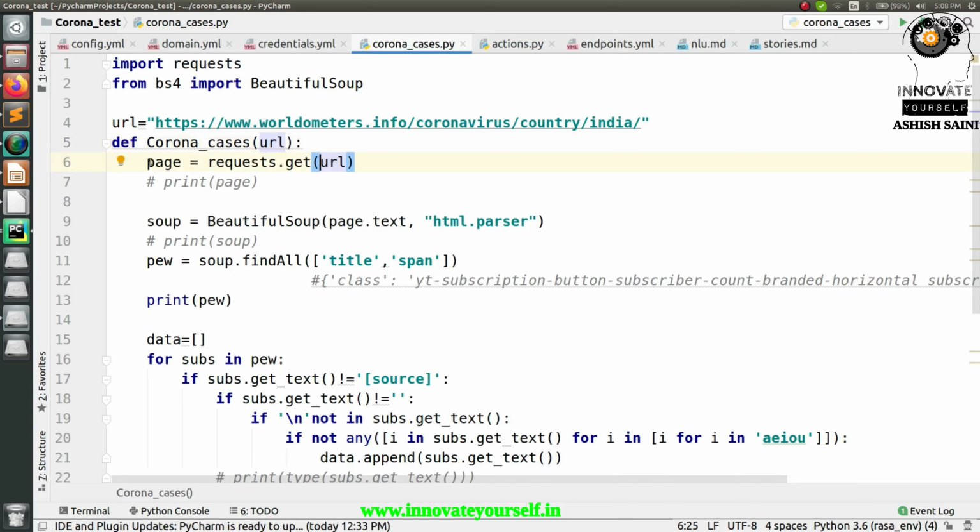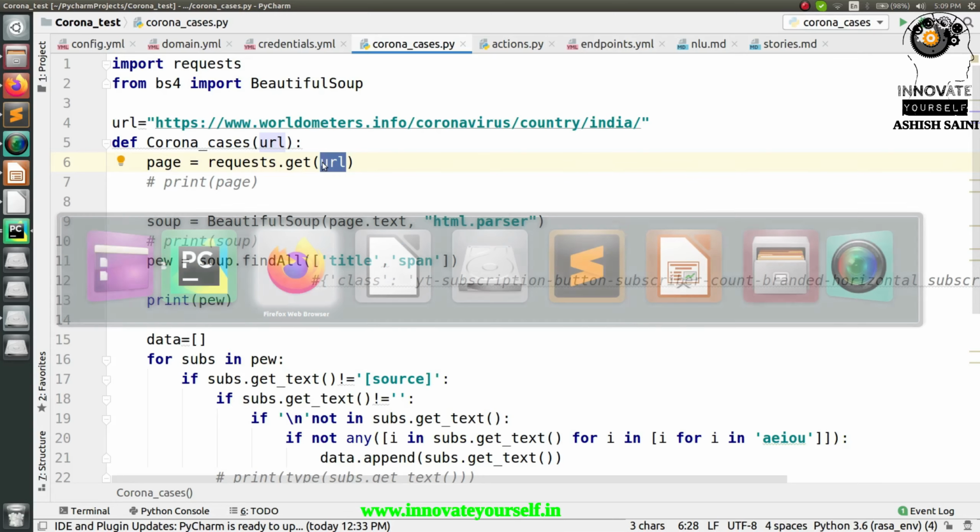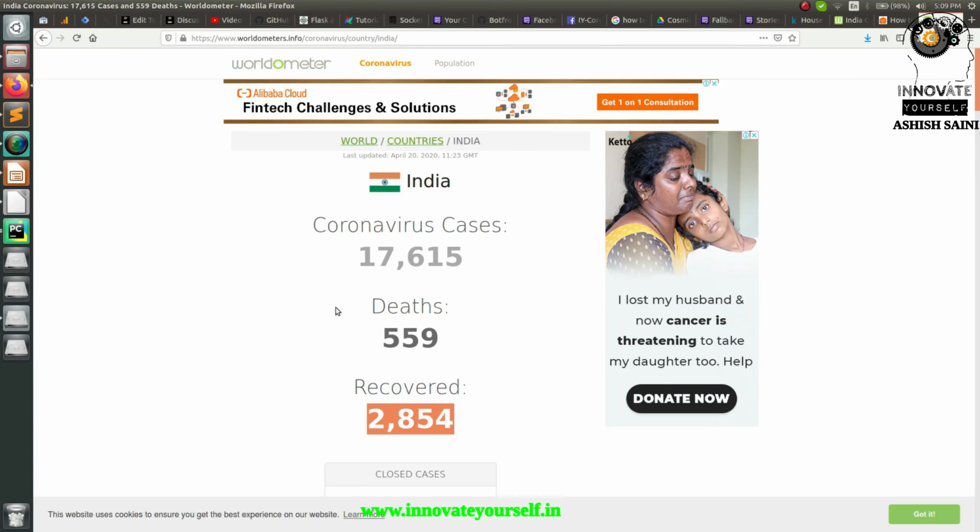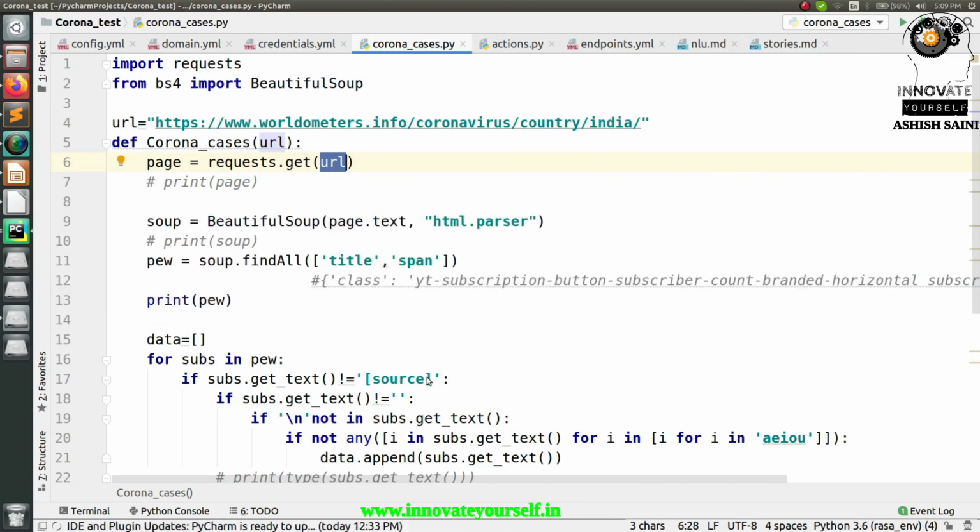After that, I'm simply calling requests.get within brackets, URL. So this will simply fetch the complete data from this particular URL, and whatever data you have on this page will be fetched in the form of HTML, right? This will give you the output value, and also the response code. So when you print this part, it will simply give you a response value. If you are getting 200, that means okay, everything is fine, otherwise there is something that you need to check, right?